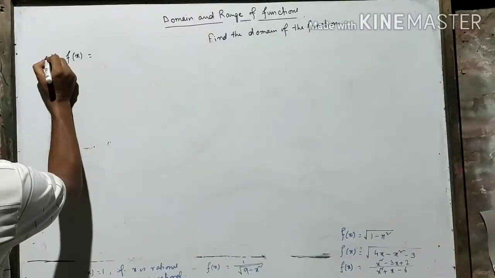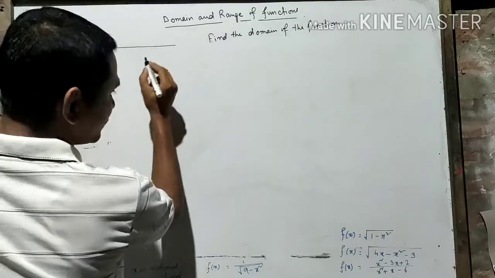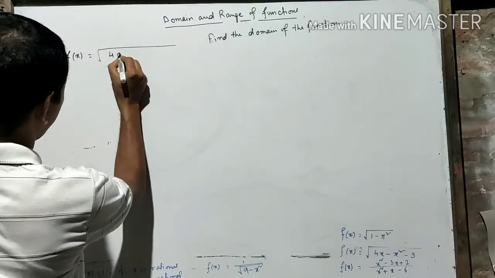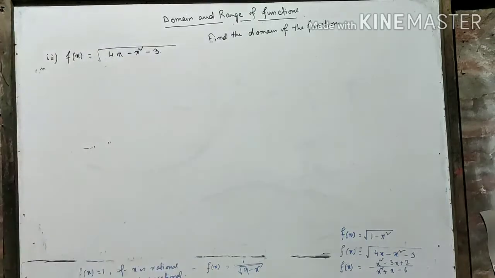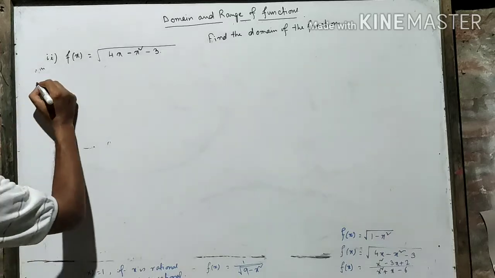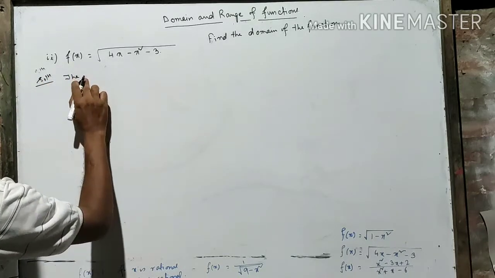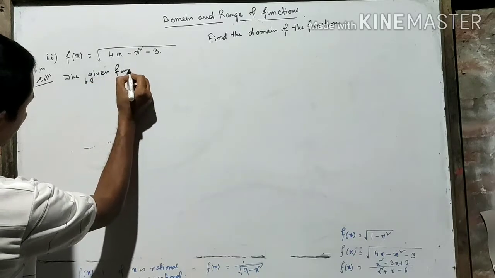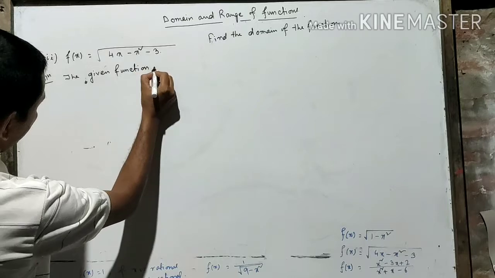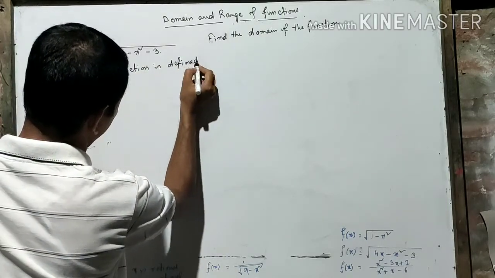Say example 2: f(x) equals under root 4x minus x square minus 3. Alright? So the given function is defined if